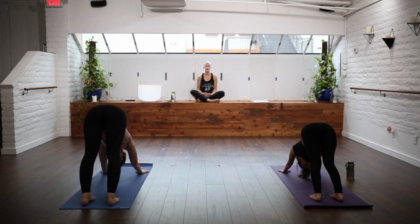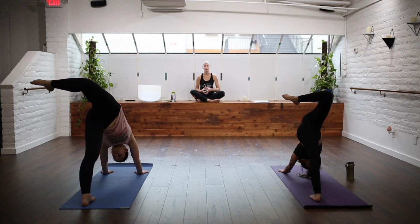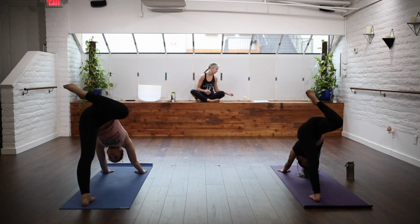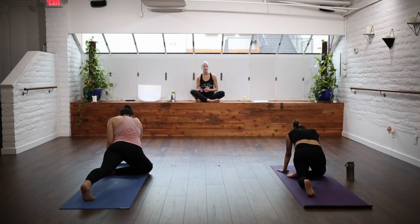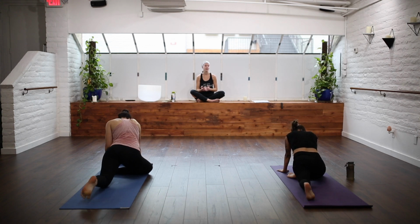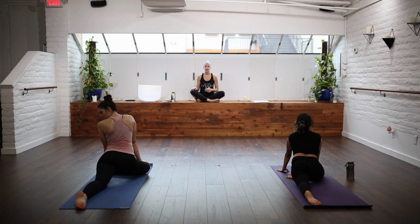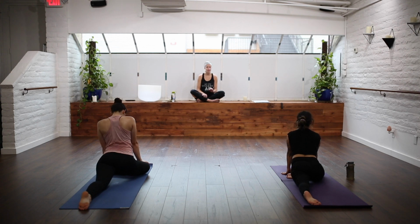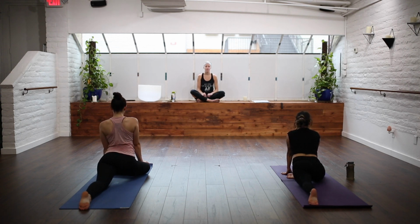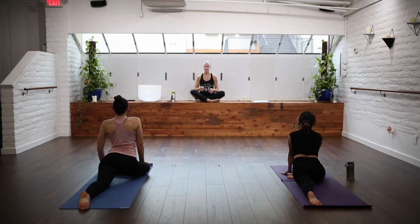Find an inhale, reach your right leg up and back. This time, bend your right knee, open through your right hip, and send your right knee forward towards your right wrist. Lay your right calf out in front of you and let your left leg extend back behind you. You're going to gently start to lower your upper body to wherever you are comfortable with, and that can vary day to day, week to week,